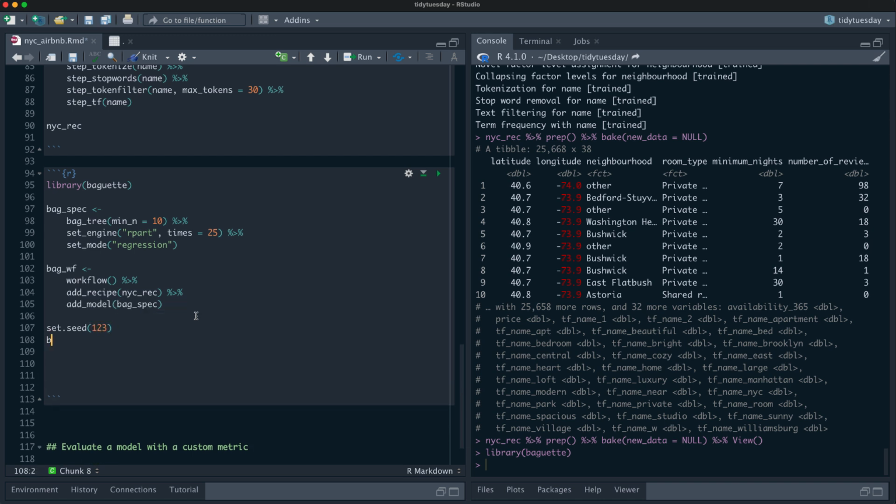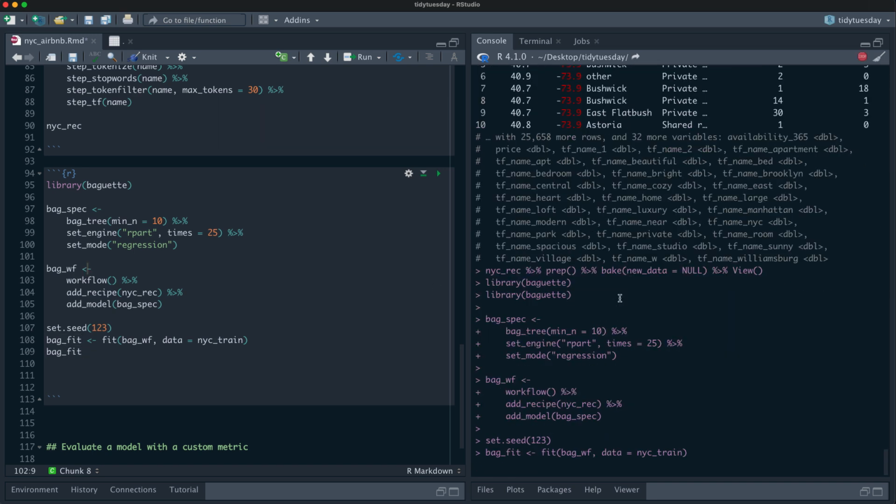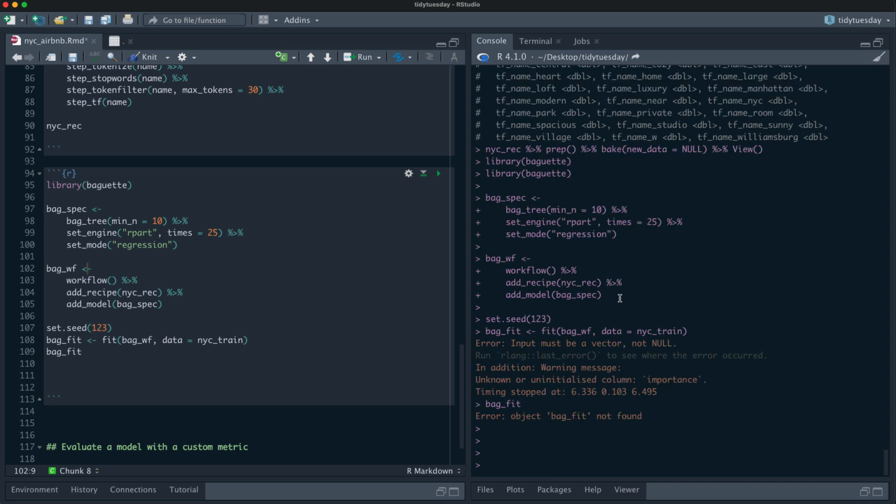And I am going to say bag fit. I'm going to fit the workflow to my training data. So I'm just going to fit this bootstrap aggregated tree one time. This kind of model has a lot in common with a random forest, a lot in common with XGBoost models. It's based on trees, but it is